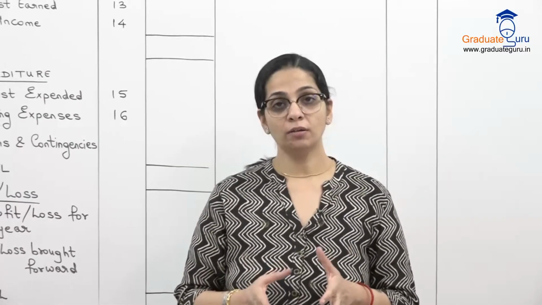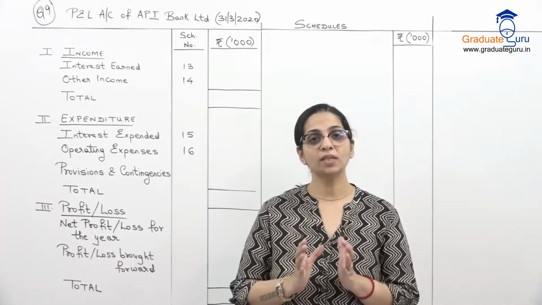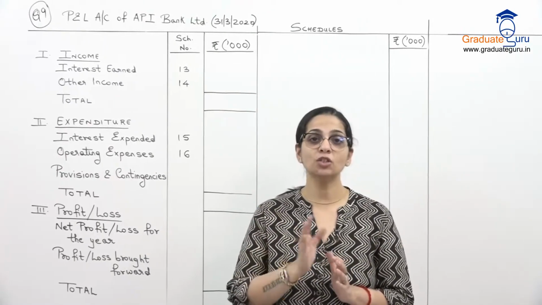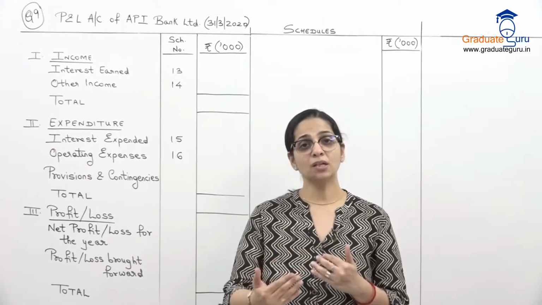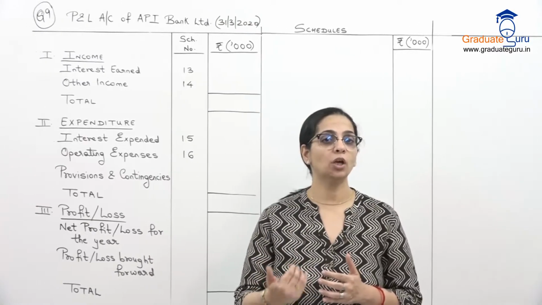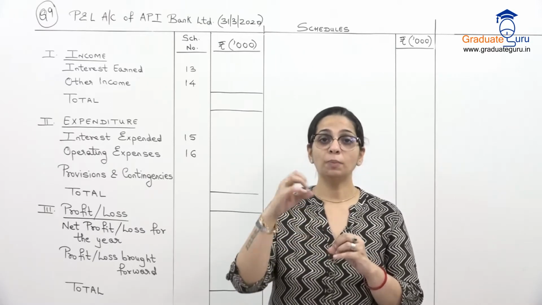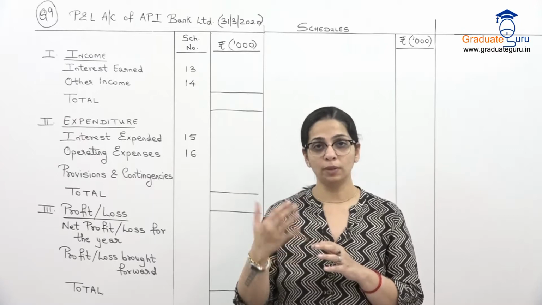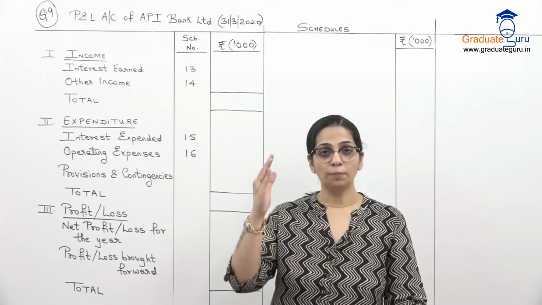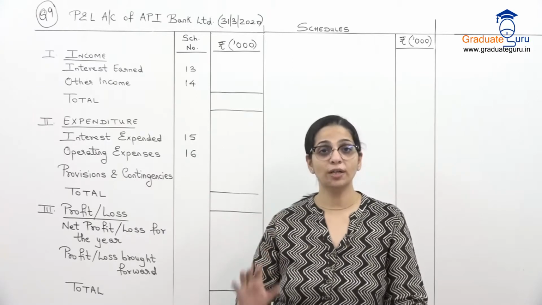Now when we are doing full final account sum, what I would want you to follow a system is that आपके पास जो sum रहेगा वहाँ पे आप mark करते जाओगे that कौन से schedule में कौन सा amount जाएगा. Because till you do that, आप पूरा hodgepodge हो जाएगा if you directly start with the sum without doing your markings, because you will leave out some amount या कोई amount बीच में छूट जाएगा, तो it will become a problem and then you'll have to insert it later on. So to avoid all that, what we do is जब भी हम sum पढ़ेंगे तभी हम mark करते जाएंगे that कौन सा amount कौन से schedule में आना चाहिए.